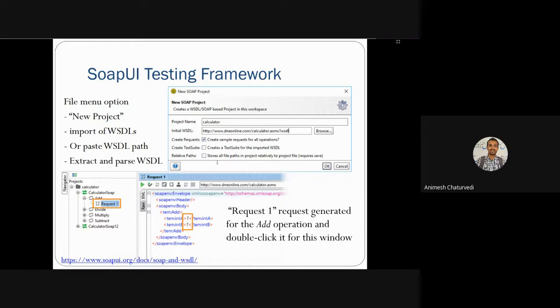And the add operation, if you double click, then this request one will open, and you have this type of window. In this window, int a and int b need to be mentioned because these are the input, and according to that input you'll get the SOAP response. So this request one is a SOAP request.